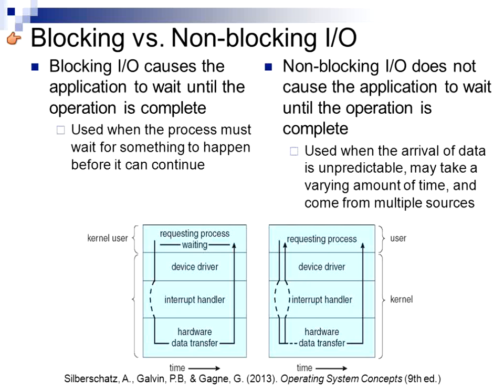With blocking I/O, blocking causes the application to wait until the operation is complete. It's used when the process must wait for something to happen before it can continue. This is something like when you're in your application and you want to read a record from a file, you want to look something up in a file. Blocking I/O would be your program says read something, and it's just going to sit there and wait until that information is read. So when you're reading from tape or disk or something like that,